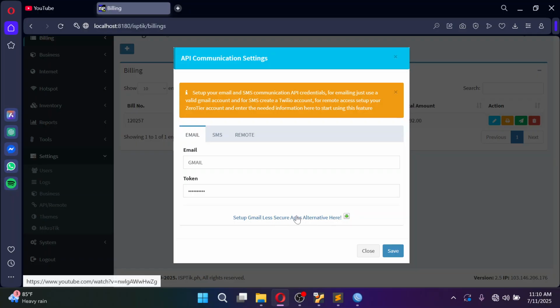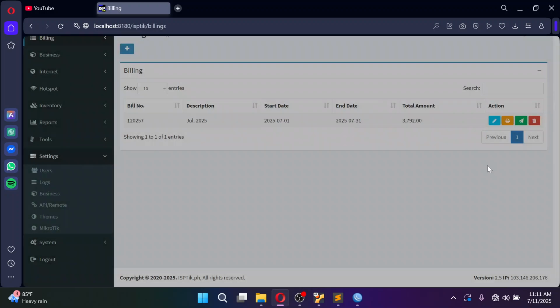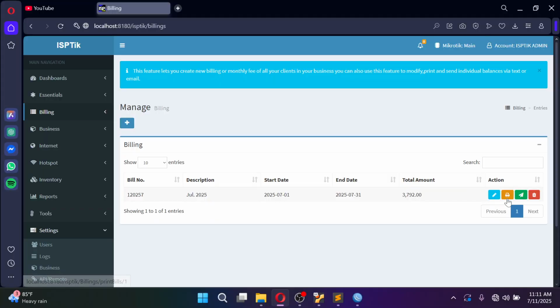But now I think Google has updated their less secure app, so this is now the alternative. Just click this link and it will redirect you to a tutorial on how to do so. Anyway, I think there's no need for sending billing.